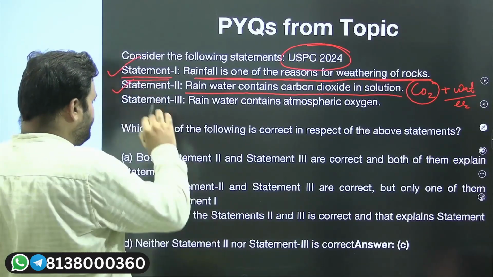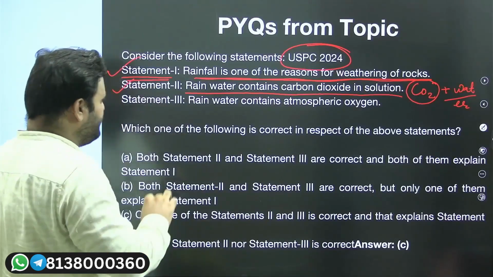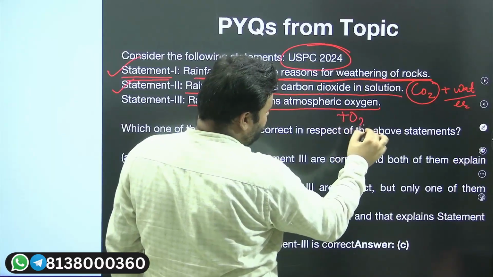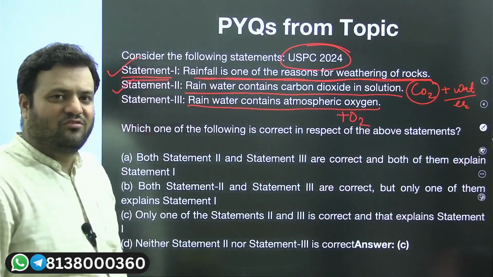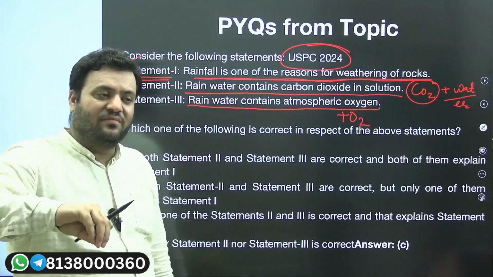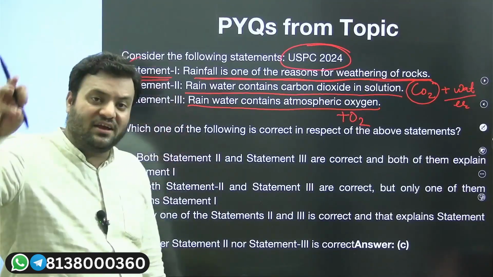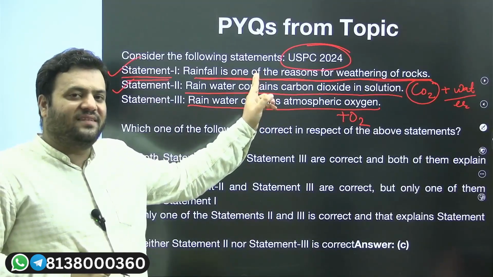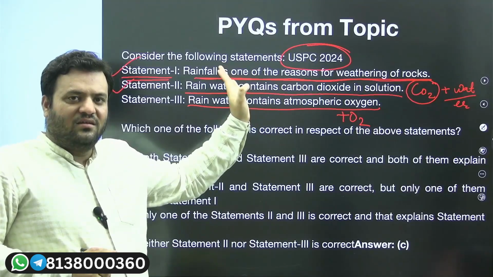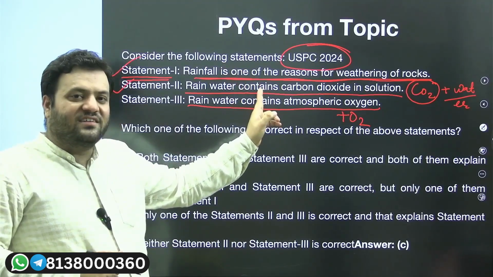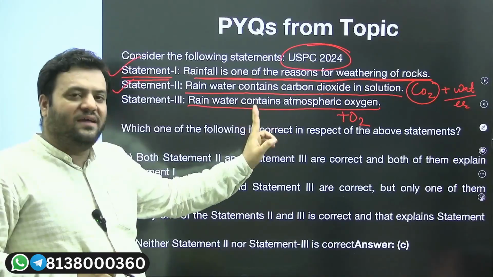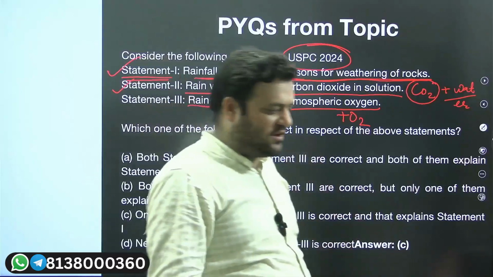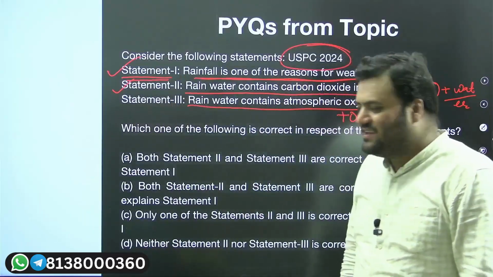What is statement 3? Statement 3 is rainwater contains atmospheric oxygen as well, oxidation. I hope you remember. So I'm also telling you how you can apply the concepts which we have learned as of now. With this you can apply the aspect of physical weathering, thermal weathering. With this you can apply the concept of carbonation. Here you can apply the concept of oxidation. Now apply the concept. It seems all three of these statements are correct, but now you will be surprised that UPSC